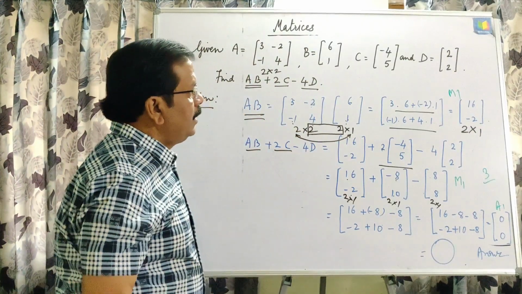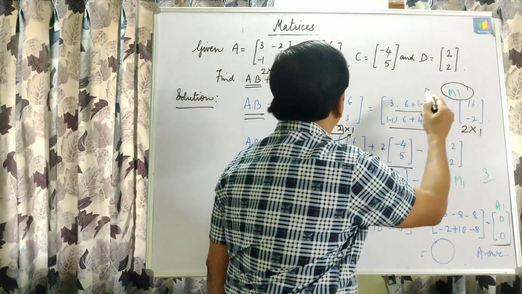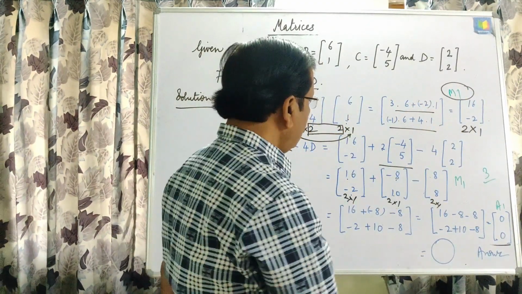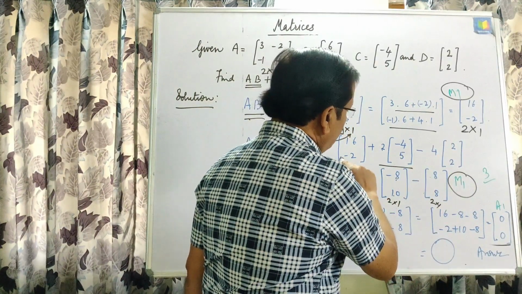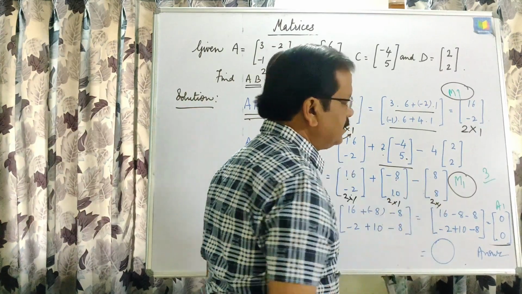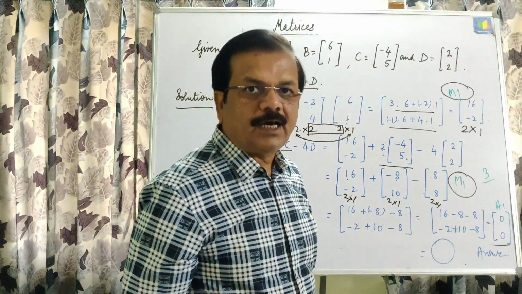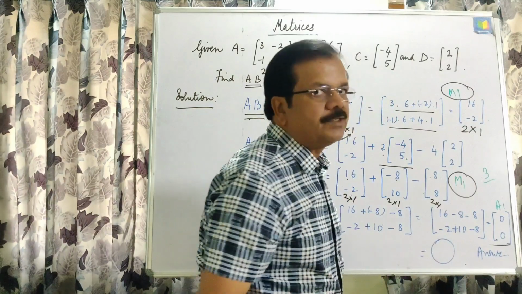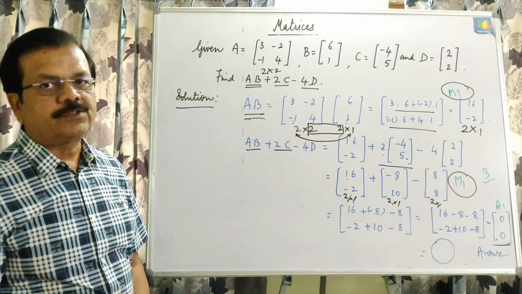This is the answer. And in case of marking scheme, first method mark will be given after multiplication on this product of A and B. Second method mark will be given if we are able to write these steps, that is scalar multiplication and reaching up to this. And third answer mark will be given on the correct answer. This 0 0 can be rewritten as big 0 also. Okay, now this is all about this question. Now next question.